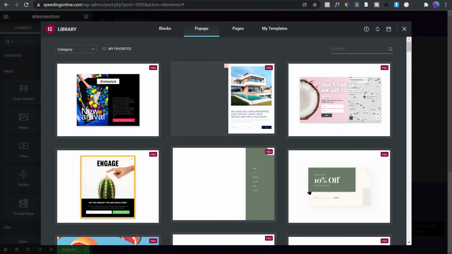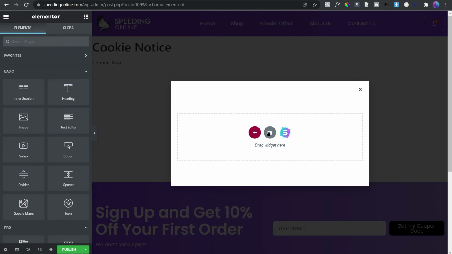After you have created the template, you will see these templates. We will not be using them. Instead, we will be creating our own. So I'll just close it. After I close it, I will go to the pop-up settings